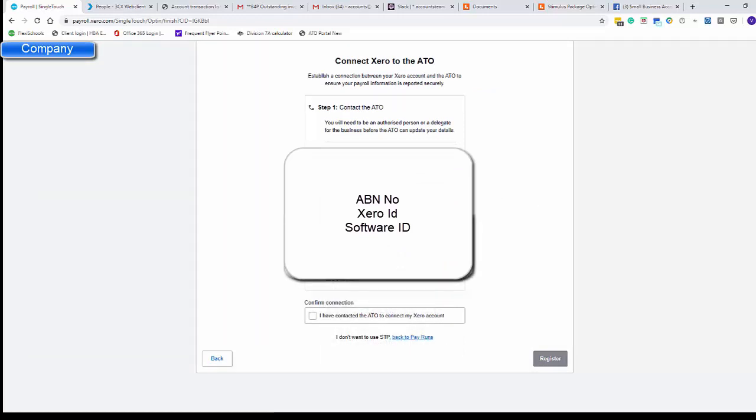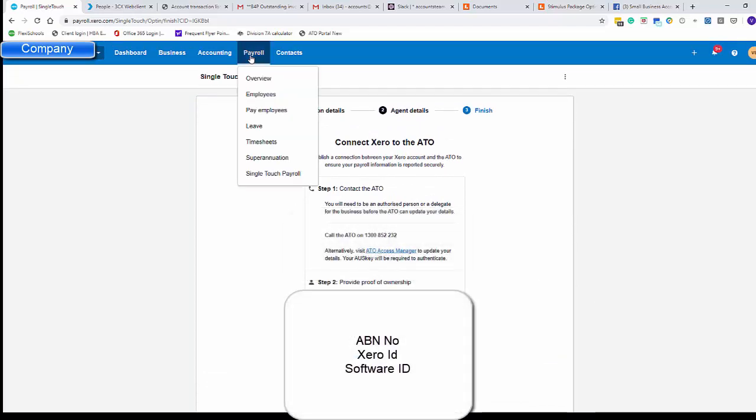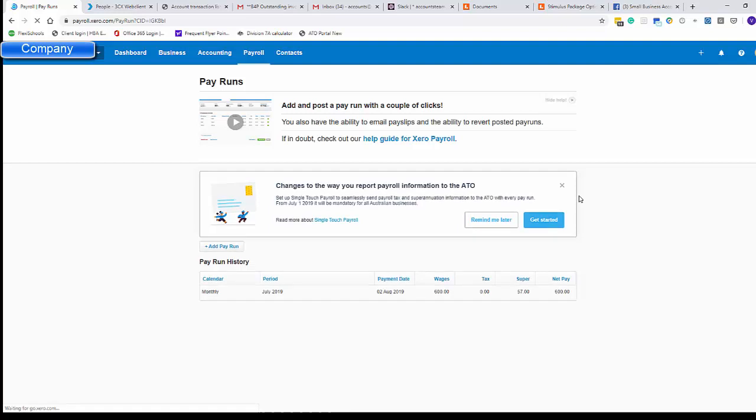You need to call the ATO on this number, and then you need to talk to the people and say that you want to register your Xero for single touch payroll. And they will ask for your ABN number, they will ask for the proof of ID, they will ask for this software ID. Once that's done, we click the tick box and hit register. Now, what that means is when you go back into the Pay Employees button,